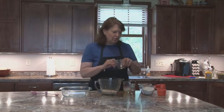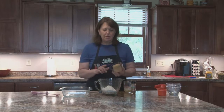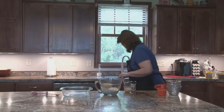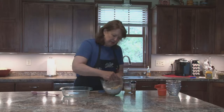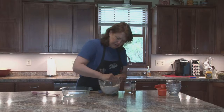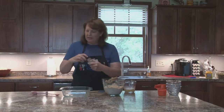I'm going to start out with 3/4 cup of oats, 1 cup of all-purpose flour, 1 cup of firmly packed light brown sugar. I am going to combine that. I'm just going to go ahead and use a pastry blender so that I can get it blended up real well. Okay, to that I'm going to add a teaspoon of cinnamon,